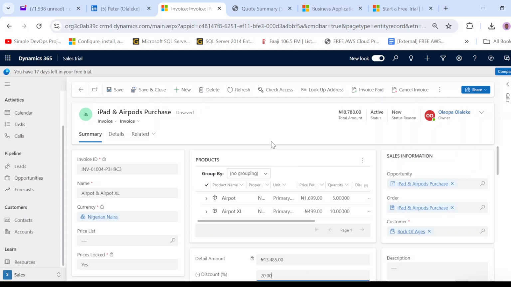So now, at this point, the sales rep will have to pause because the finance team, right, can only authorize a payment that has been received by the customer. So let's say the payment has been received by the customer, and the sales rep gets a message on Teams from the finance team saying, okay, fine, this particular customer, Rock of Ages, has finally made some payments. Then we can now proceed to check the invoice paid button to say, okay, now this has been finally completed and the customer has made some payment. So when I click on invoice paid,